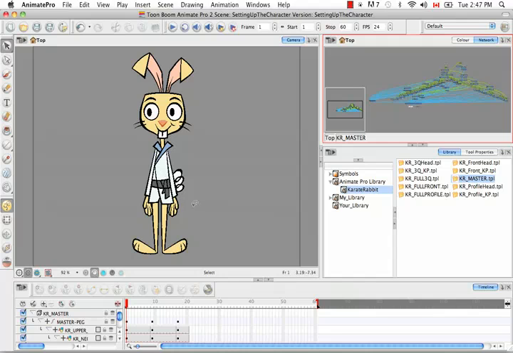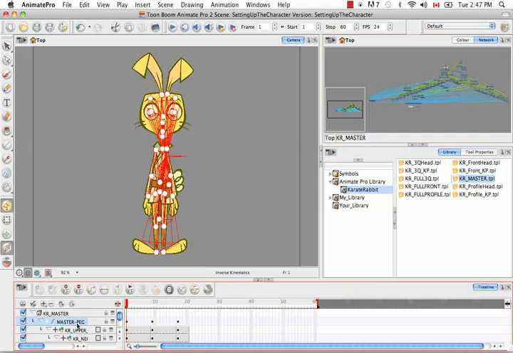hierarchical chains. So to begin, let's click on the IK tool button here in the Tools bar. And then let's click on the master peg so you can see the skeleton. So wow, that's a little bit scary. There's just a mess of red lines, a little bit hard to decipher, but I'll take you through this step